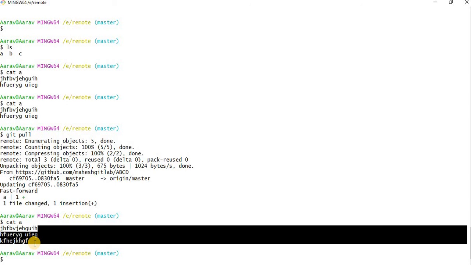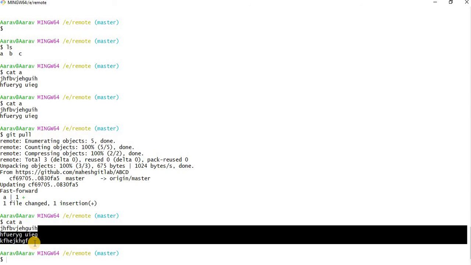Hope you understand the difference among these 3. What clone is doing is directly getting that code blindly from the remote repository to your local repository under a directory. What fetch is doing is also getting the code from the remote repository to the local repository, but it is saving those files under a remote branch.